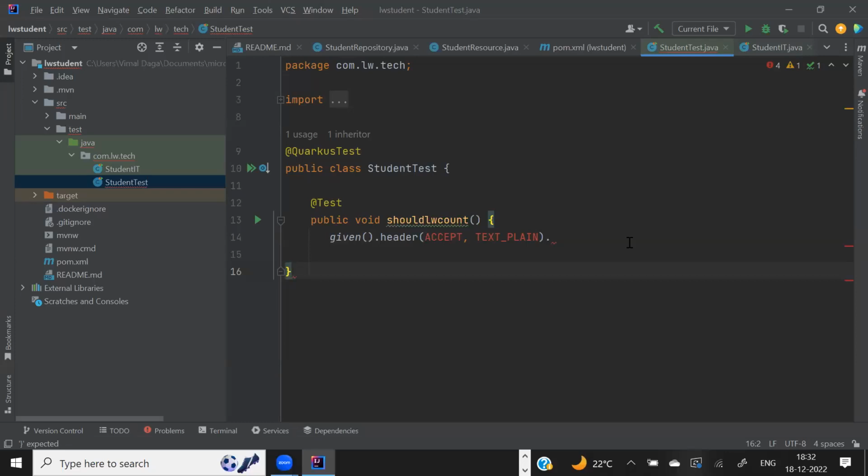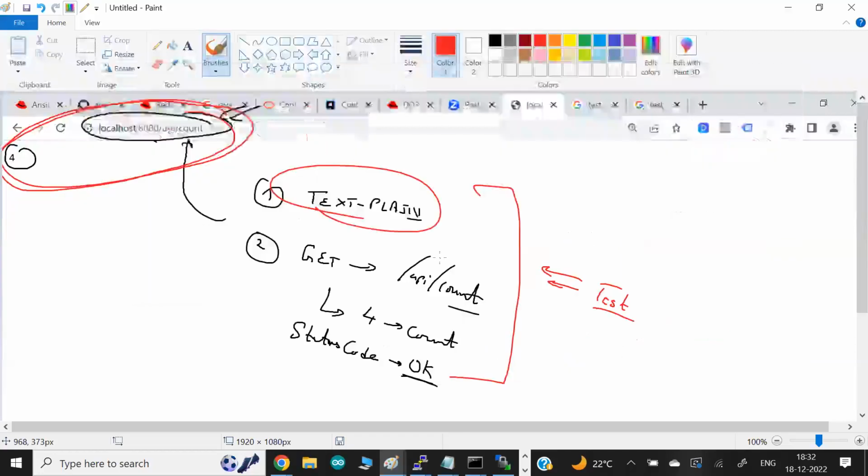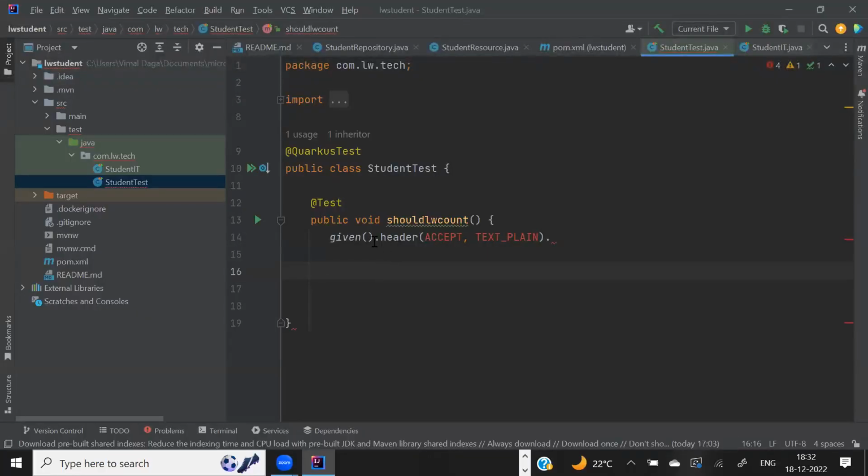Okay guys, I'm writing this dummy code here. We'll add something. This is what we're looking for. Then what I want to do is, when they give this text plain or JSON format, so it's like a given. They give this, when they give,